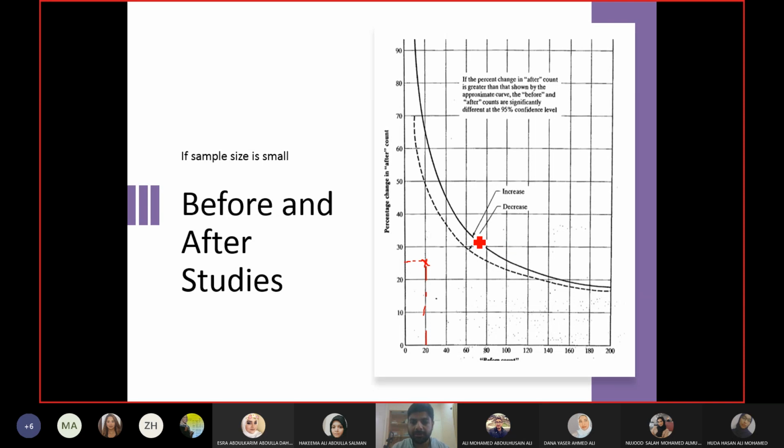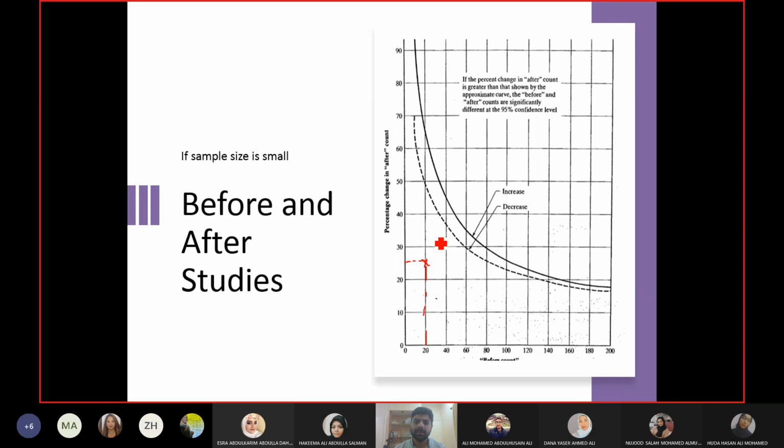The second thing it means is now you will compare it with this curve. The increase in number of crashes will be considered significant if the point is on this curve or above this curve. So for decrease you will compare it with the dotted curve, and for increase you will compare it with the solid curve. And the way out is, if you increase the number of accidents but the point is below the curve, you can say the increase was not because of my countermeasure. It was because of something which happened on the side, and the increase is not significant. I did not make any significant change in the number of crashes. So there is still a defense for you if the point is below the increase curve.